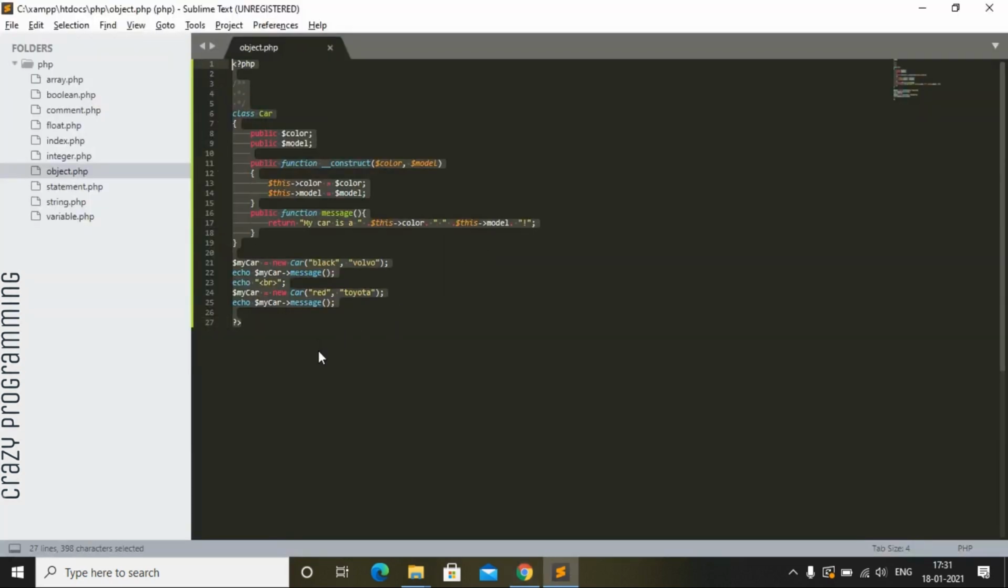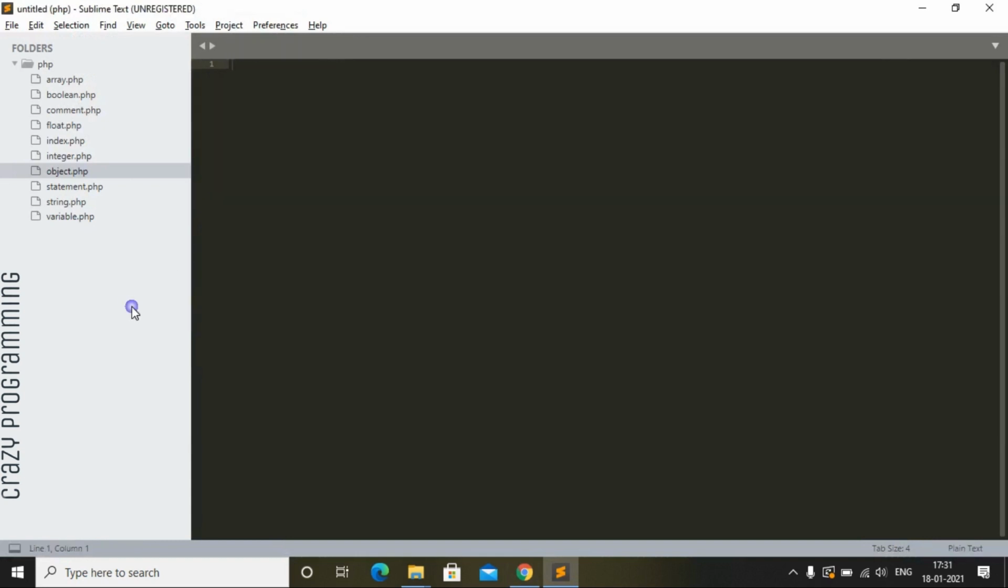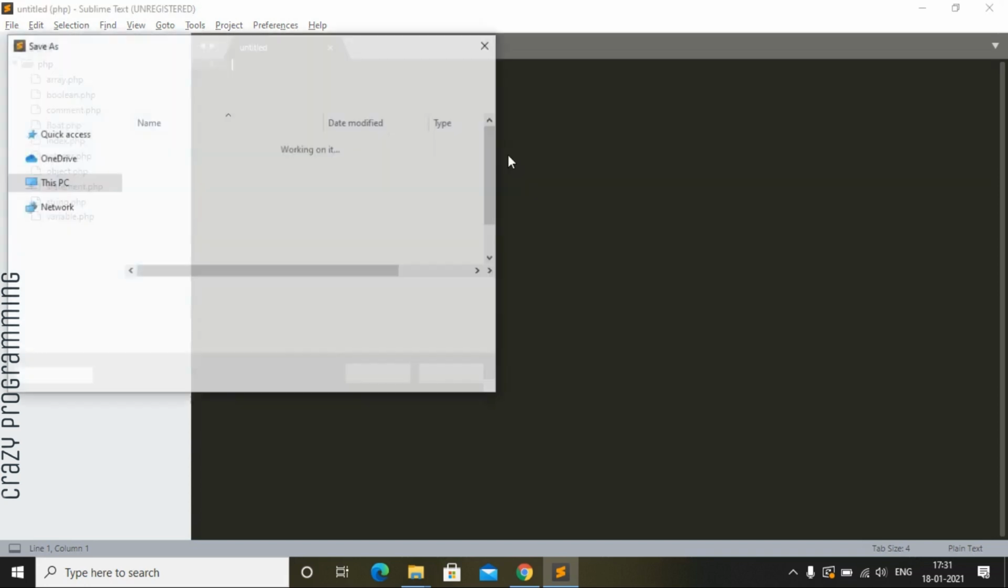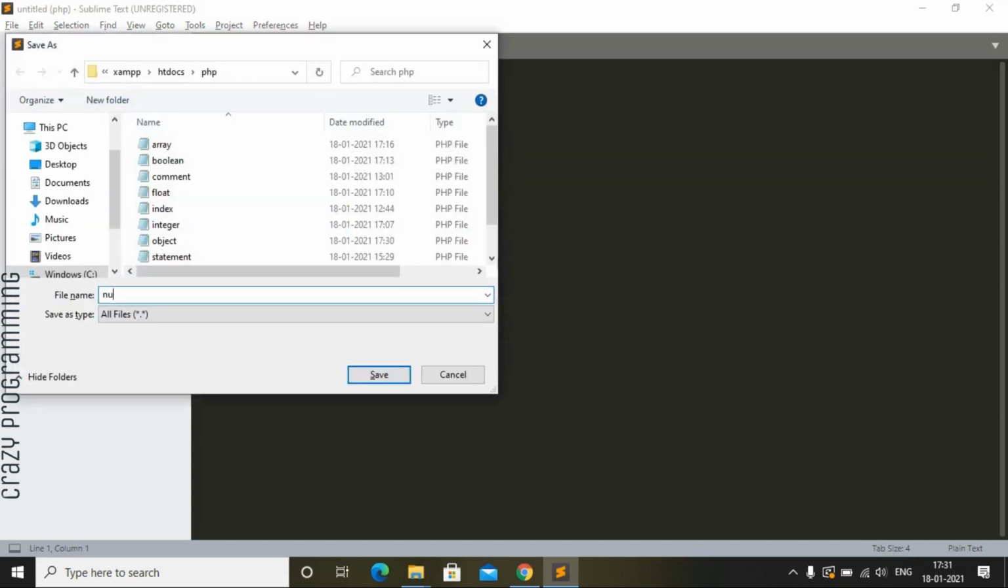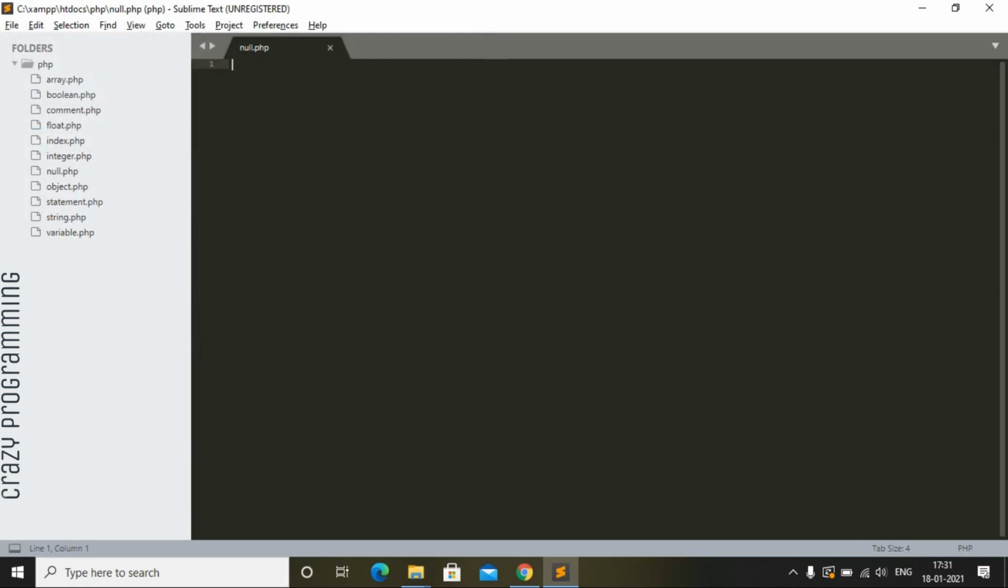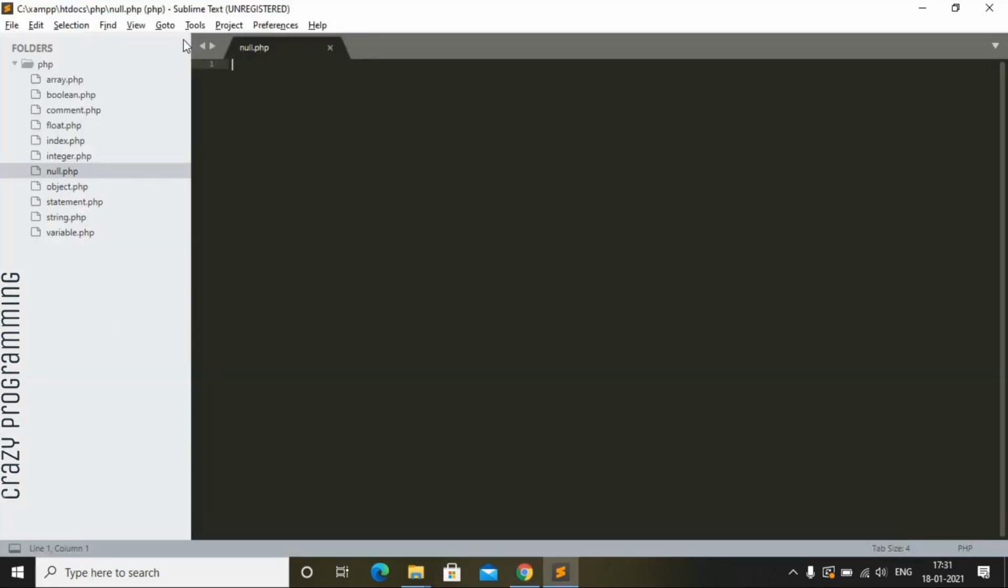So as we completed the object, now we will go to the null. Okay, so let's close it, create new file, that is control S to save, and the name of the file will be null.php. Now output null.php. That's great. Now we will check what is the use of null and what we are going to learn here. So we will start with the PHP same,